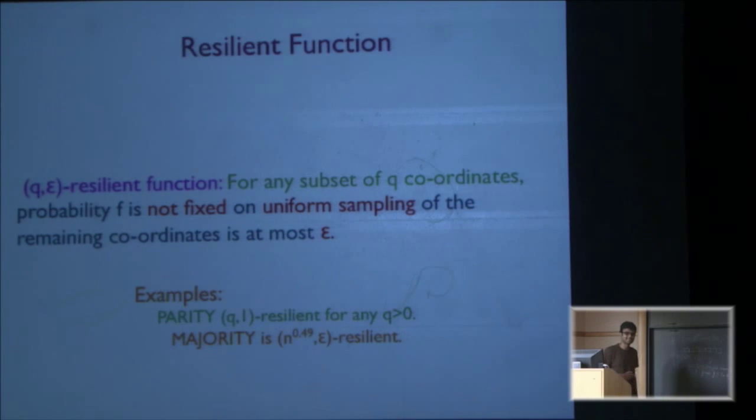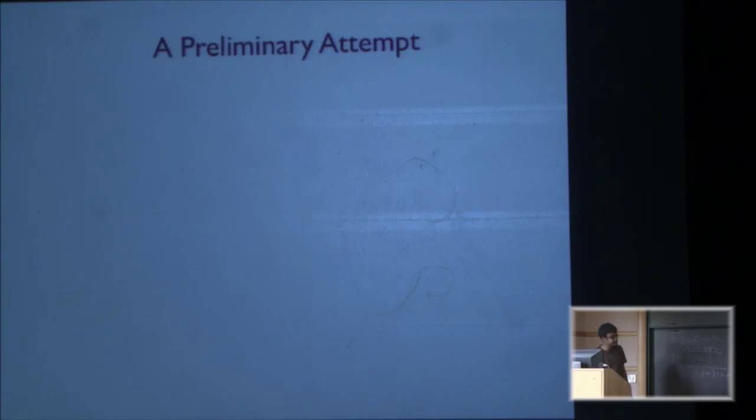I think what should have been the first line in the example is not what's written, but that the parity is not QT resilient for any Q positive and T less than 1. That would be basically what should have been on the first line of the example. Yeah, probably, yeah. All right.